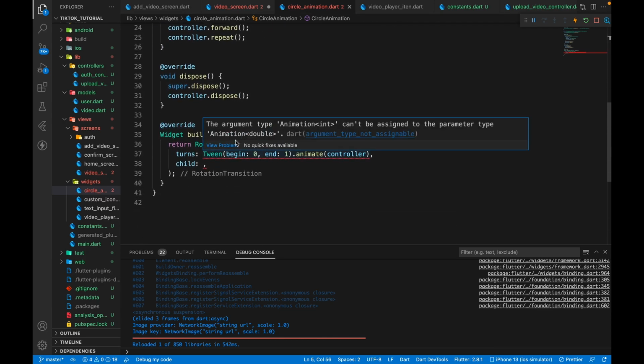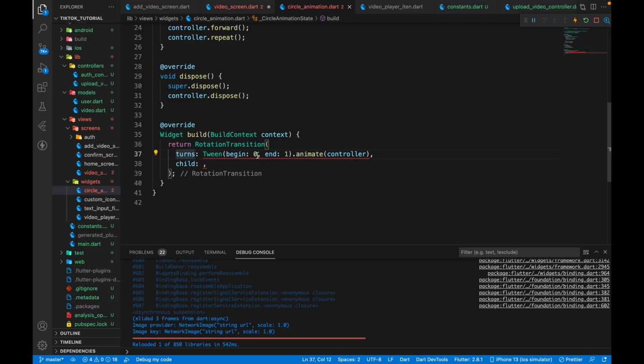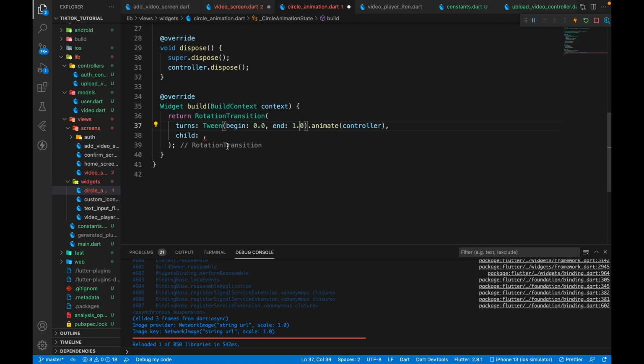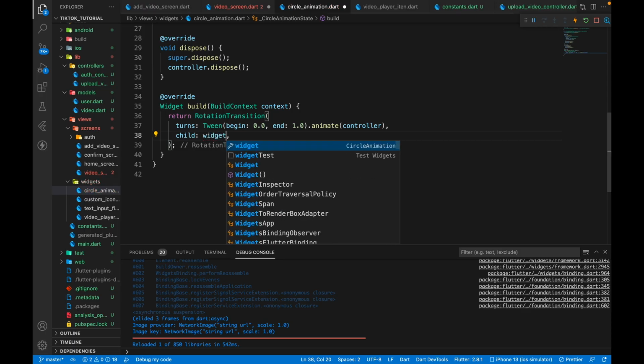And this is because type animation int can't be assigned to the parameter type animation double. So basically this is an int and not a double. This is because we have passed in 0 and 1. What we can do is pass in 0.0 and 1.0. So this will make it a double and not an int. And the child can be